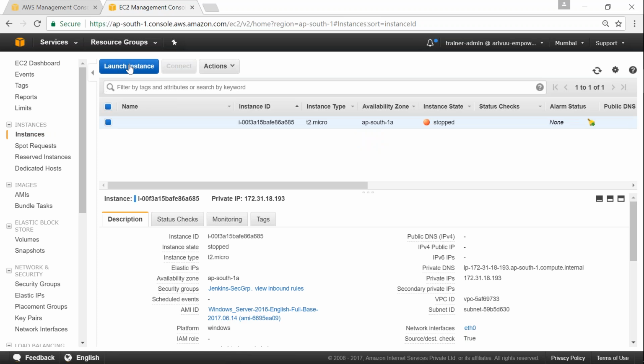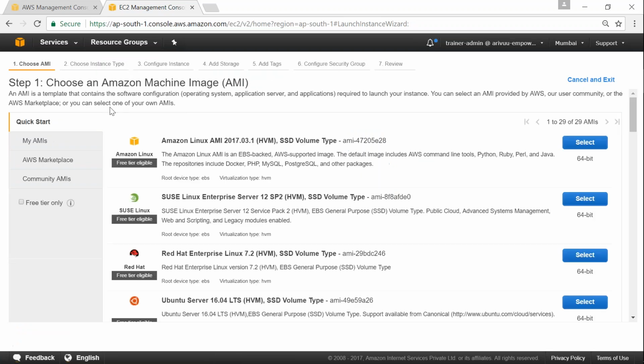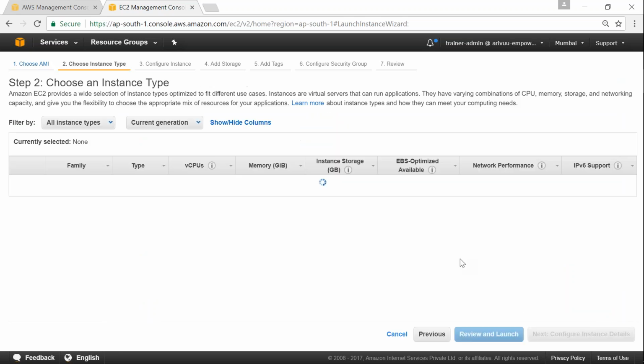Just as I said, all default options. I'm going to click on launch, click on instances, then click on launch. I'm going to use Linux once again. To be on the safer side, I would recommend you to use this option on the left, free tier only. That way you will have only the free tiers listed, and you are not going to incur any cost in learning this demo. So use the Red Hat Linux